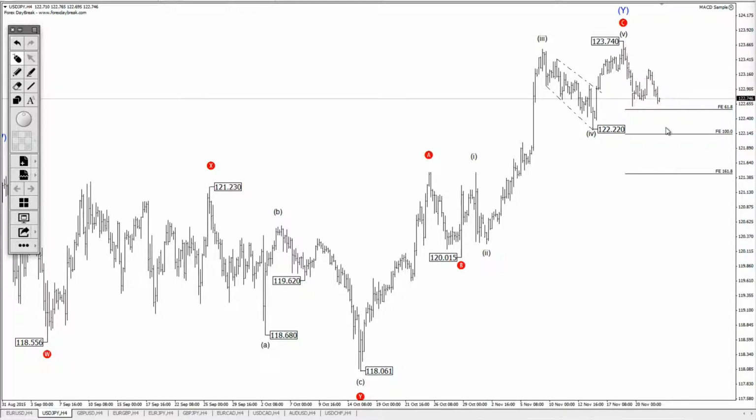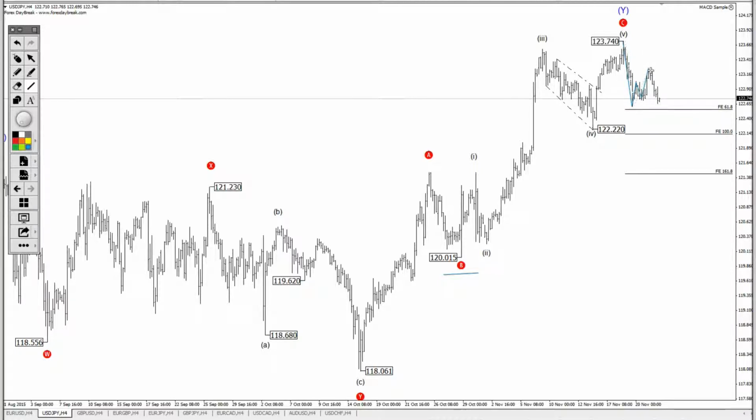Let's see how this turns out today. We can draw out a little bit of this expected corrective wave. Like I talked about yesterday, we can expect at least a small 3-wave pullback on this pair, because we have a completed 5-wave structure from this B-wave low of 120.015. So we can expect at least a 3-wave structure, and we have now seen the first 2 waves of